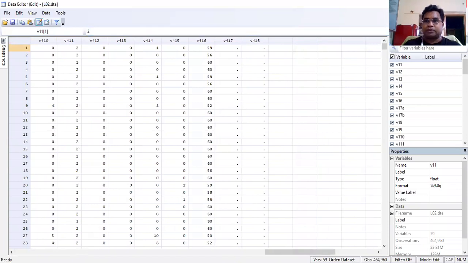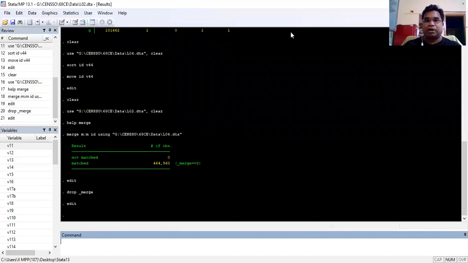This is how you can merge two data sets. Similarly, we can check the same thing for level 5 as well, as there will be repetitions of the household, as corresponding to each household there will be several items listed. So all the data is organized basically in long format. When the data is organized in long format, it becomes easy to deal with. In one shot, you can generate the desired values for all categories of a particular variable.